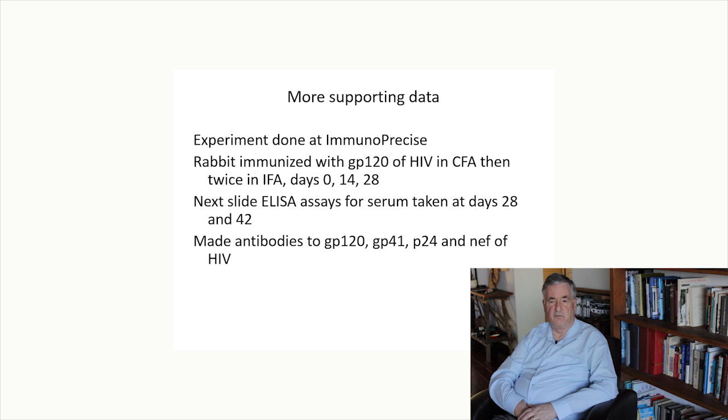And the rabbit made antibodies to GP120, GP41, P24, and NEF, all of HIV. So even though they were immunized with only one of the HIV antigens, it made antibodies to all four of them. This is highly suggestive that those components are selected in a way that all of them resemble